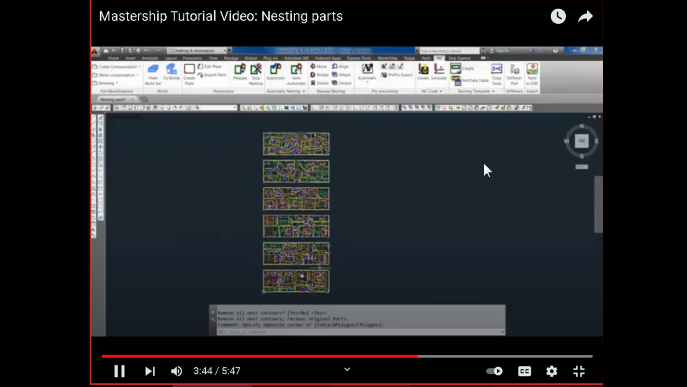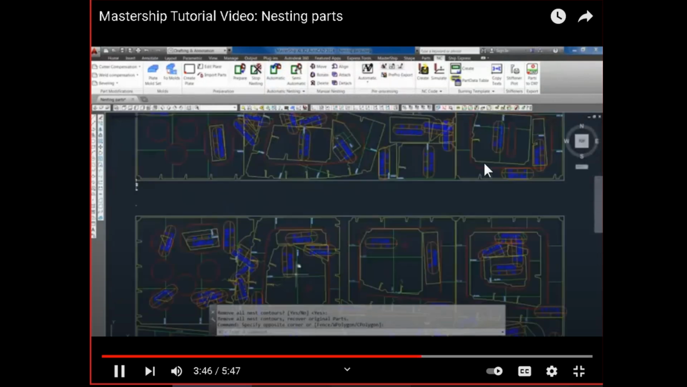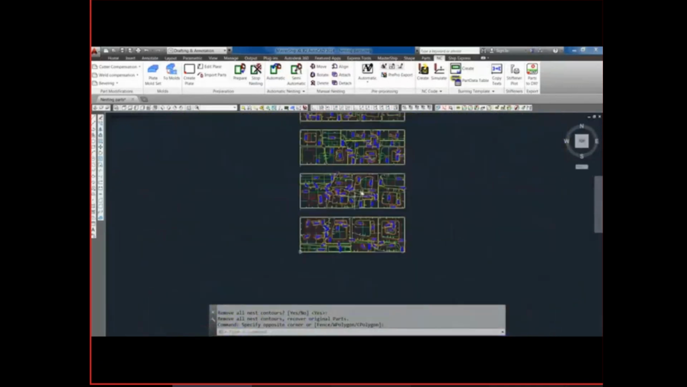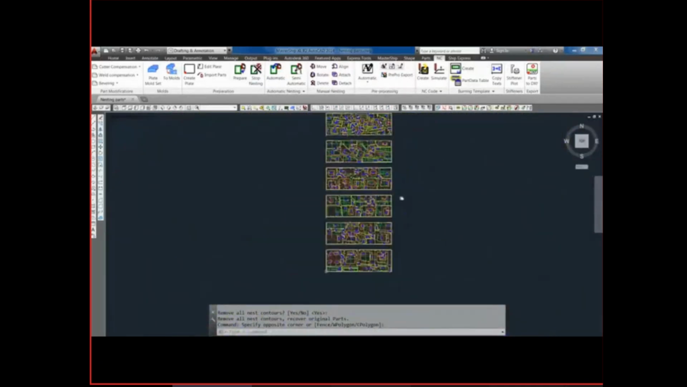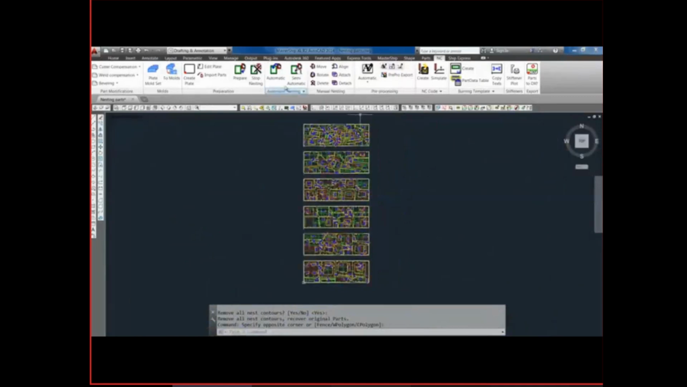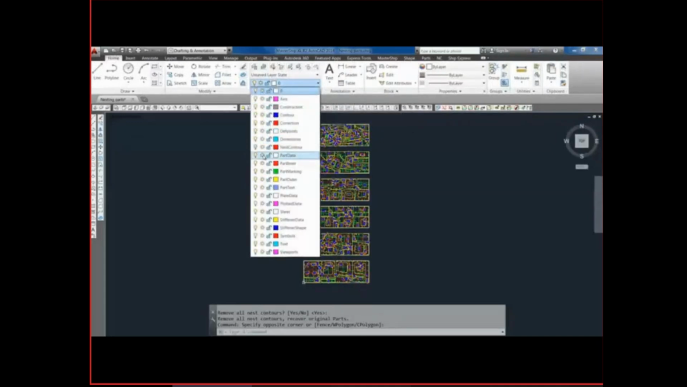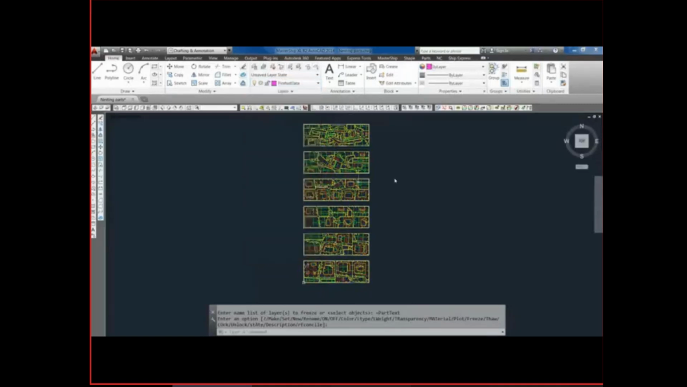But as we see now, it still looks a bit crowded because of those ID blocks. So let's turn off those ID blocks. Go to the Home tab, turn off the part data and the part text layer, and